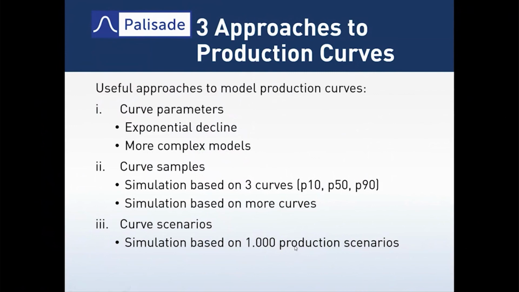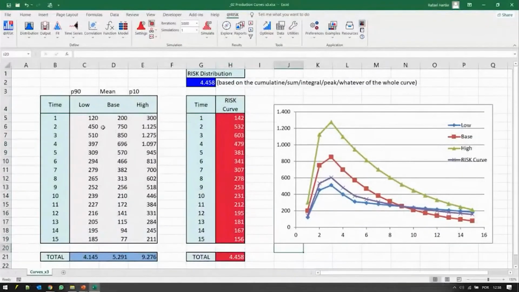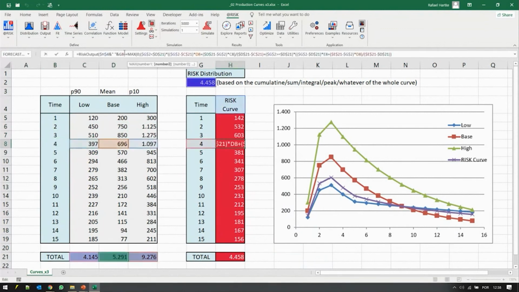How can I make a simulation out of 1,000 scenarios? And I'm not talking about just 1,000 scenarios of the total production. I'm talking about 1,000 scenarios of the production at each individual time step. So I have 1,000 curves. Of course, this will be a little bit too complicated to set up for 1,000 curves, the interpolation